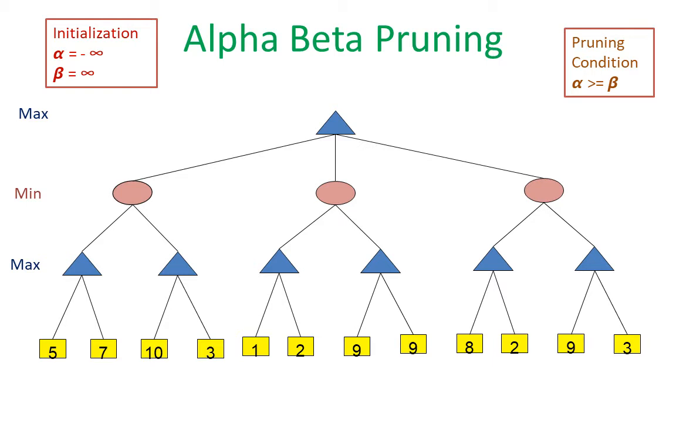And we have to give the initial values: alpha is equal to minus infinity and beta is equal to infinity at the first root level, and we have to start the searching on the left-hand side. Therefore this value is passed to the leftmost child, and again the same value is passed to the leftmost child. So here the max player is having